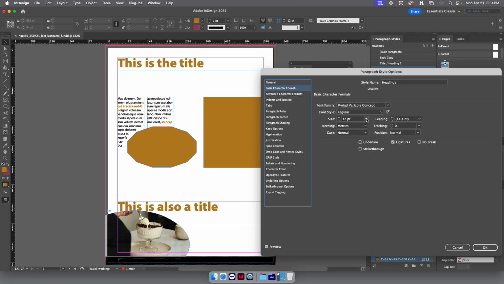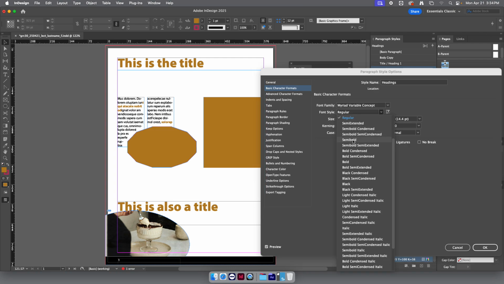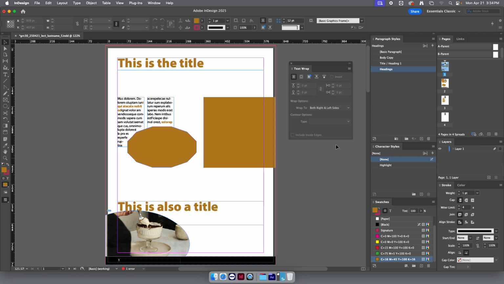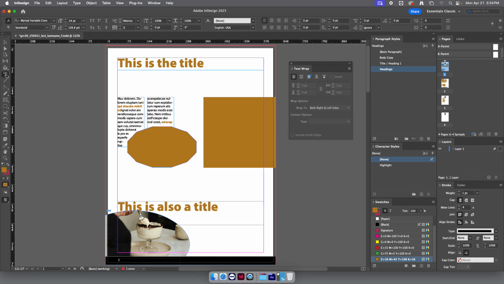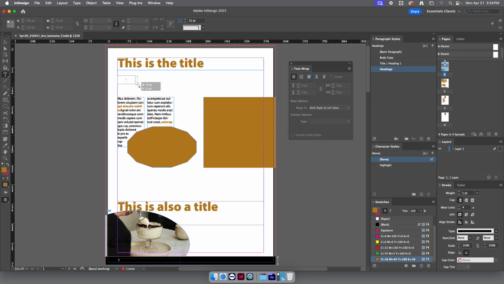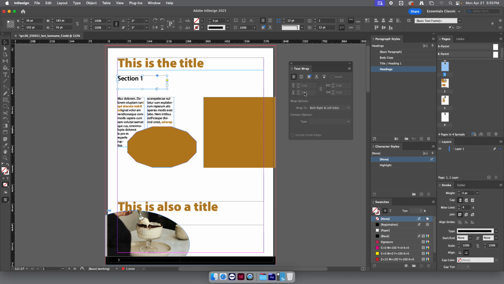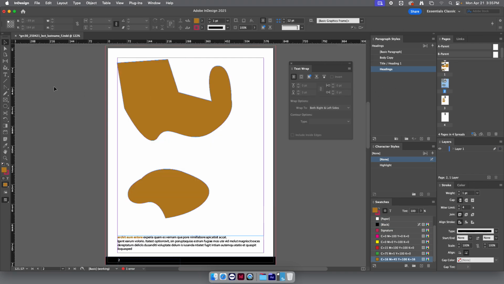I'm going to change the font style to semi-bold and the size to 24. And I'm going to use that paragraph style to add to each page